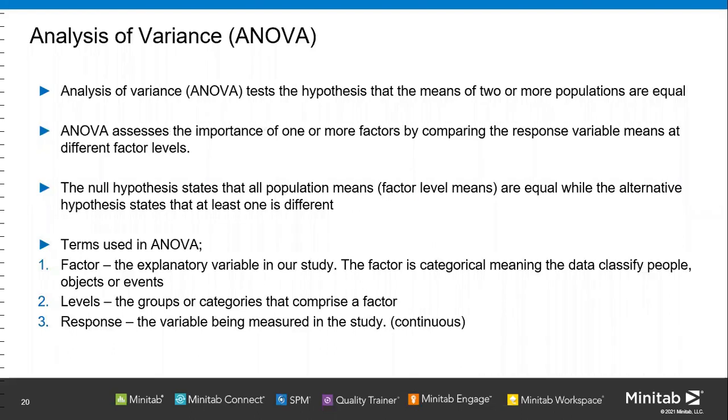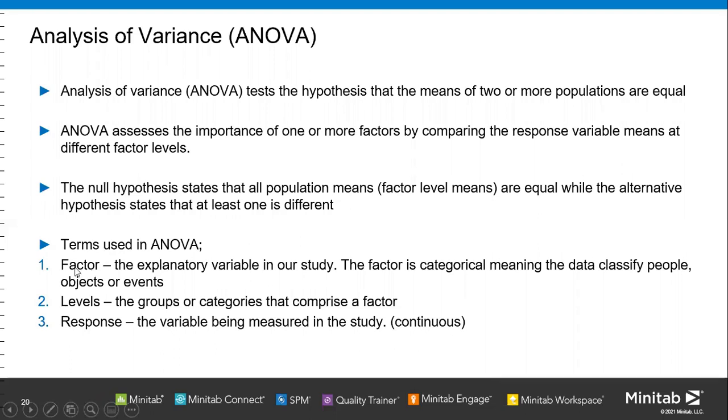So the next one is ANOVA. This one is quite popular. Always have a question on this ANOVA. So ANOVA actually is the hypothesis testing that the means of two or more populations are equal. ANOVA assesses the importance of one or more factors by comparing the response variable means at different factor levels. So before we go further with this ANOVA, you need to make clear the terms we use